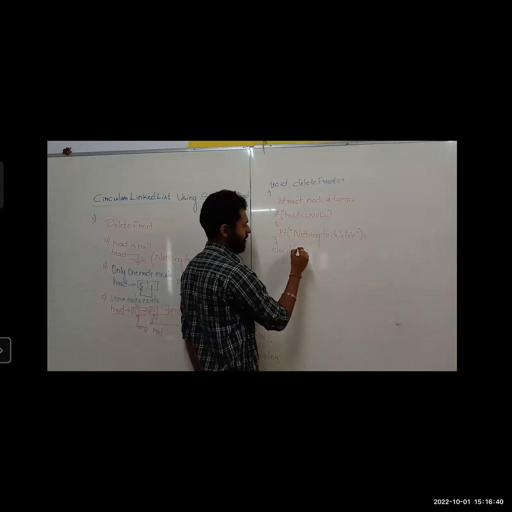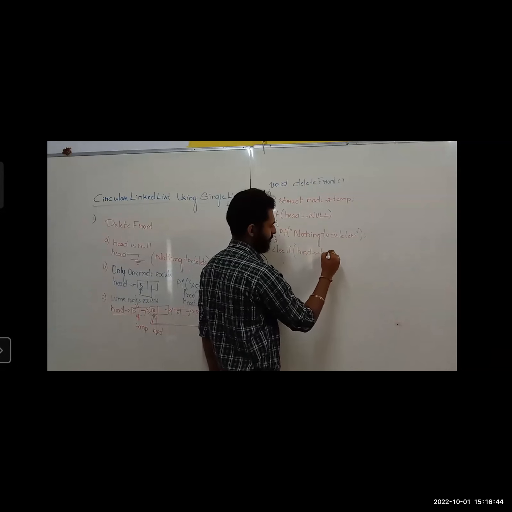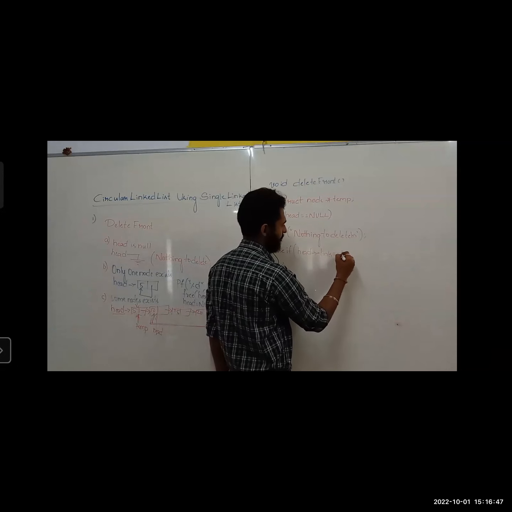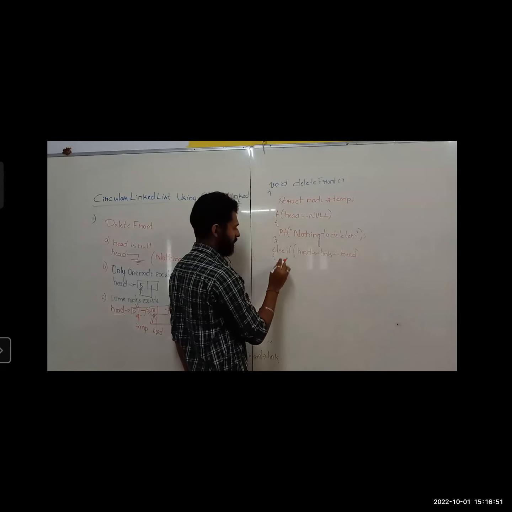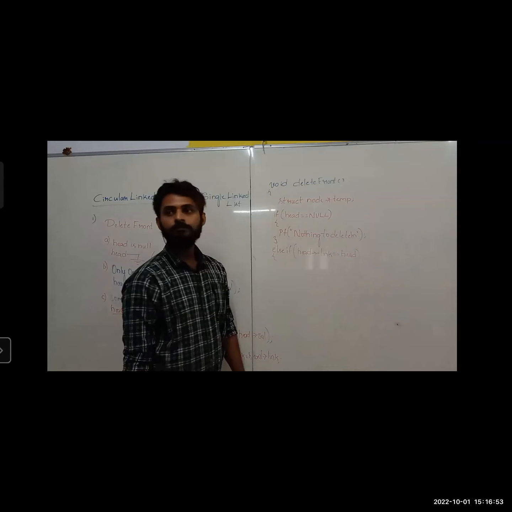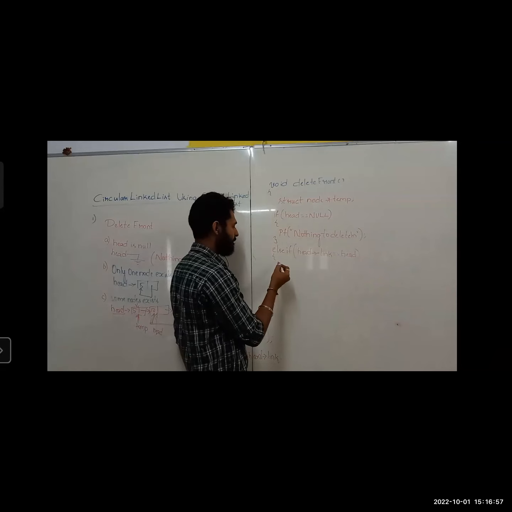Else if. How to check it? Else if head's link is equal to head. Not equal to, because we are checking, right? Two times. Okay, that means there is only one node. Then in that case,